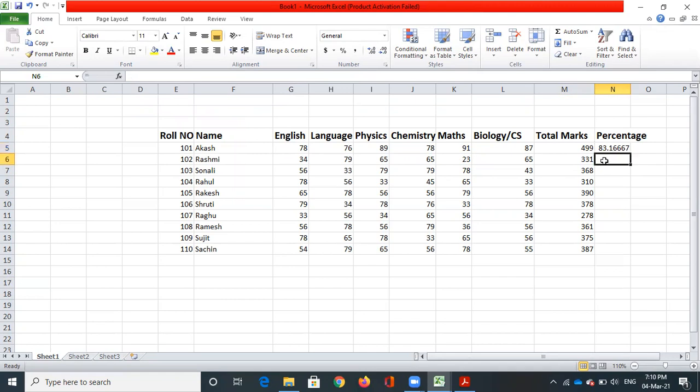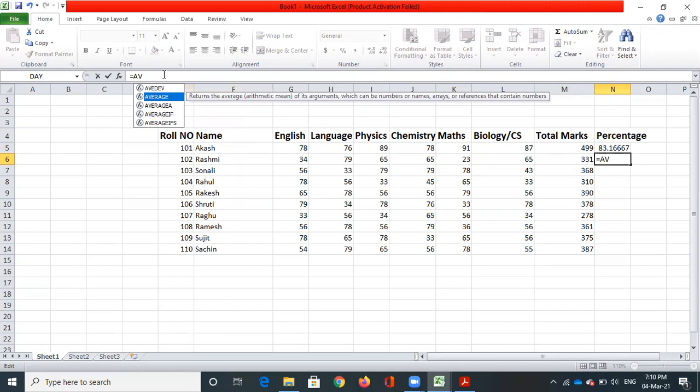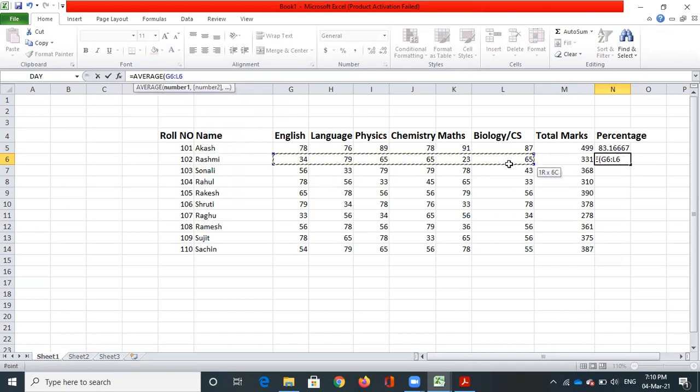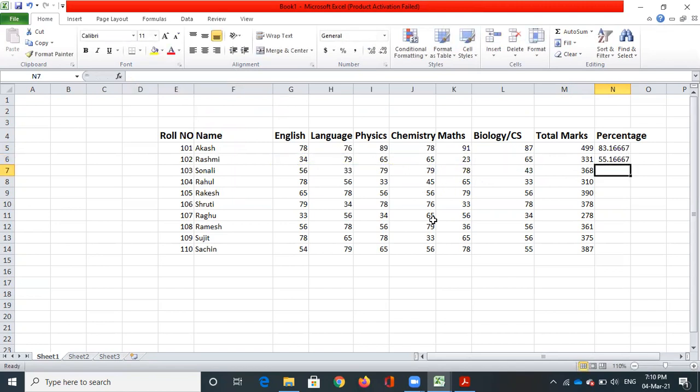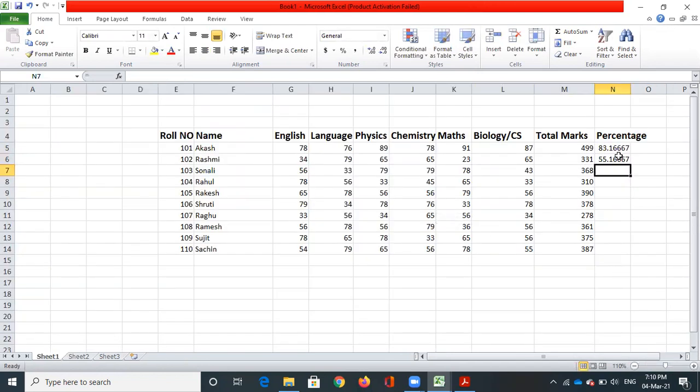Again, for the second student, you can click on this, go to the formula bar, equal to average, open parenthesis, and select this. Again this is a tedious task if the number of records is large, but here we have very few records, so we can do it. But to avoid this, you can select this and observe a bold colored plus symbol. Just drag this till the end so that it is automatically calculated.